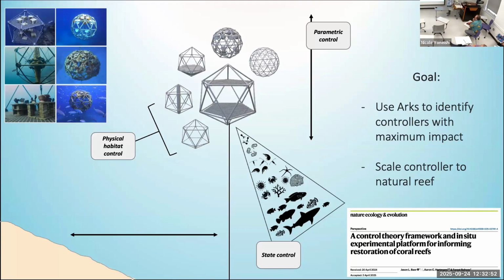And we ended up running with this and using arcs as tools in a bunch of different iterations to try and understand how intervening on a reef system drives these different outcomes. Arcs are nice because you can change the geometry, you can move them up and down, you can shade them, you can add different biology to them. So you can really change a lot of the ecosystem parameters here, and by doing so, you can learn how that drives ecosystem functions.